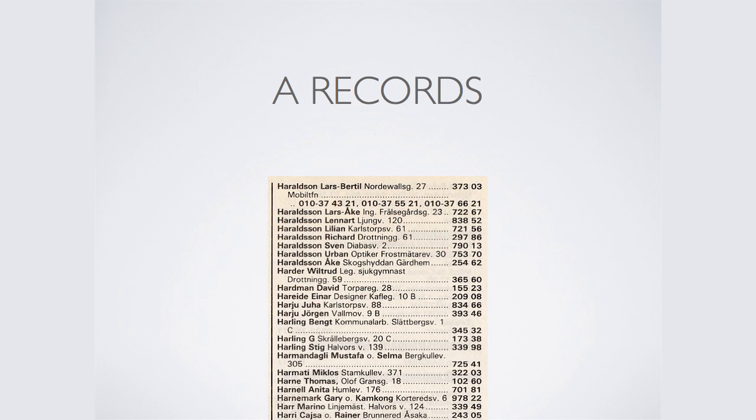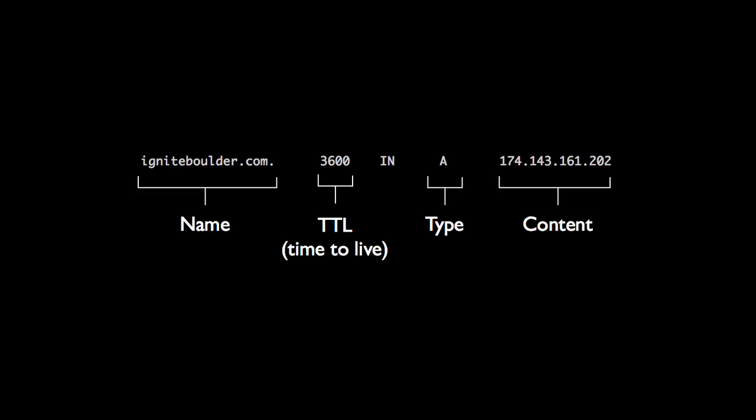And the first record he's always going to find is an A record. An A record basically says this name points to this IP address. Every computer that's hooked to the internet has an IP address. So you need at least one of these, in almost all cases. But that's all you need to know right now. So basically, you're going to need an A record.